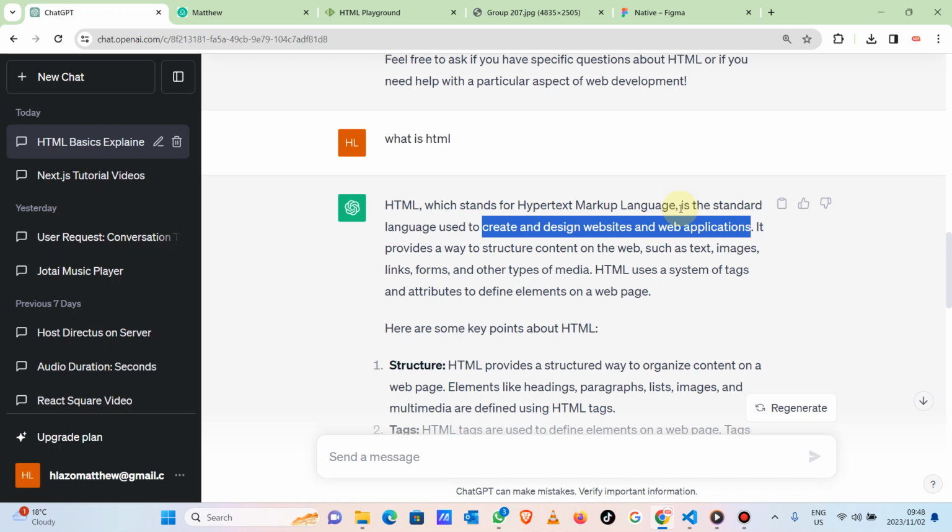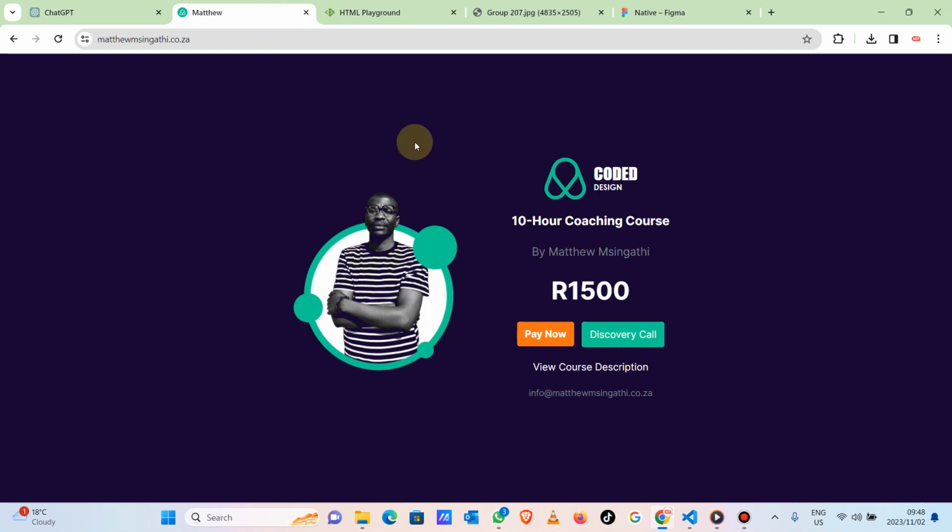If you are going to get into web development, HTML is the standard. Whether you are already here with Next.js or with React.js, HTML is still the standard. Sometimes even when you attend an interview and you are being asked the tech stack, they feel like you don't have to mention HTML.